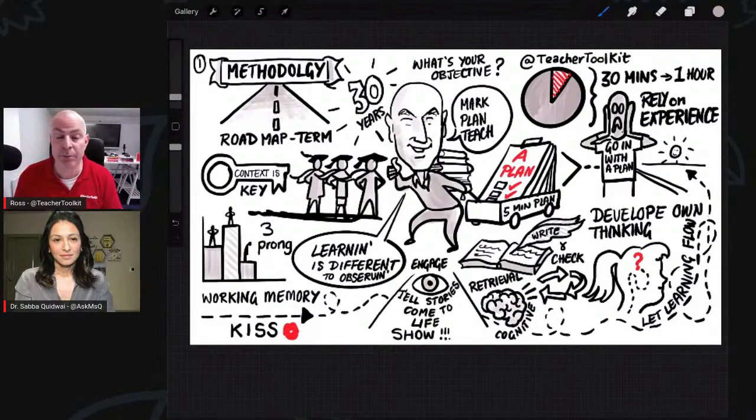I think we need to all ban the word marking and instead replace it with feedback, because feedback can be written, which is your marking, verbal, where I talk to you about your work, or non-verbal, like a well done. And we can also talk about feedback, feed up, feed forward. So there's at least 6 different types. Once we upskill and share our wisdom, we can start to influence parents and policymakers, and try to make the life of a teacher much easier.